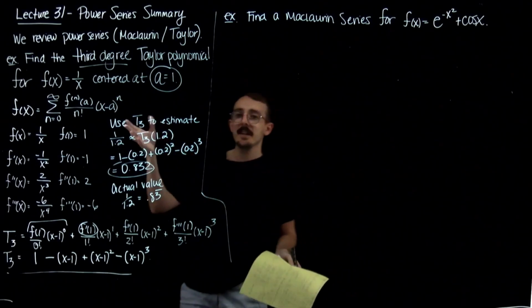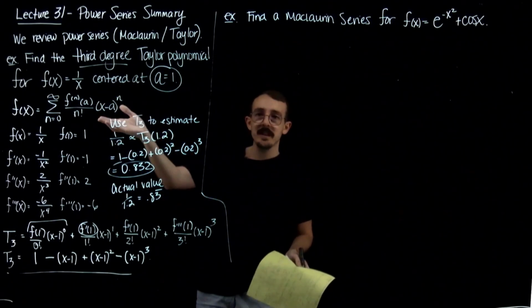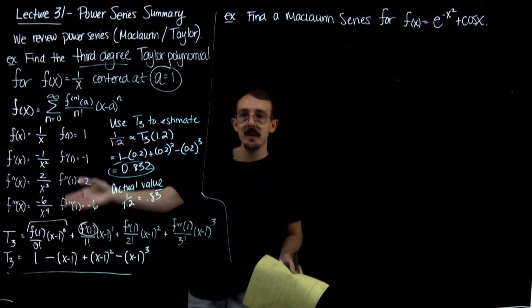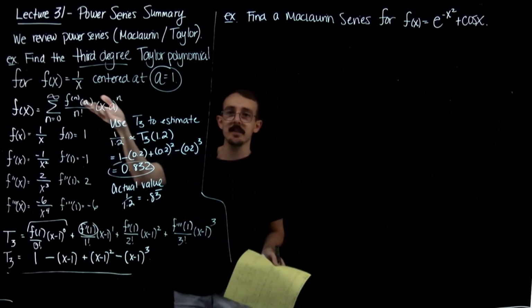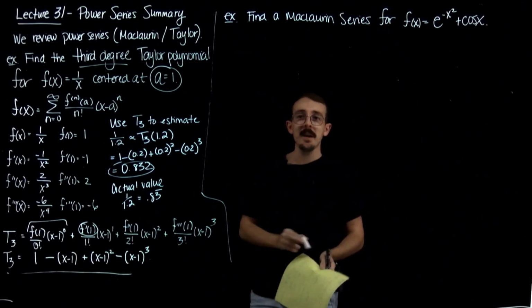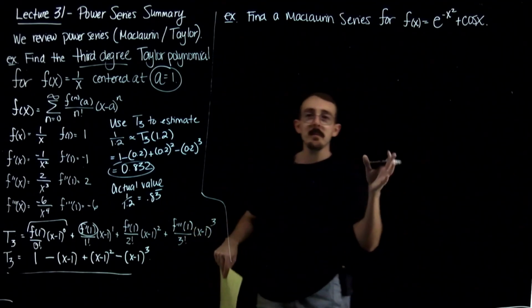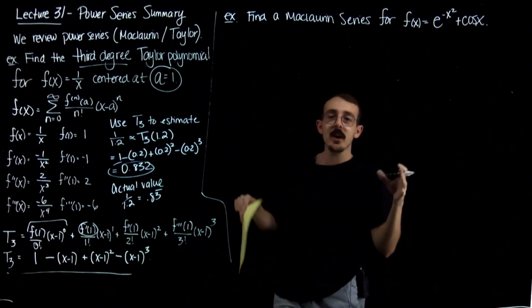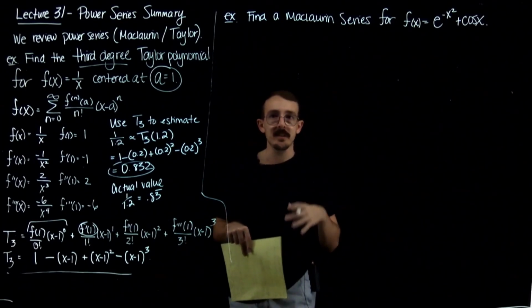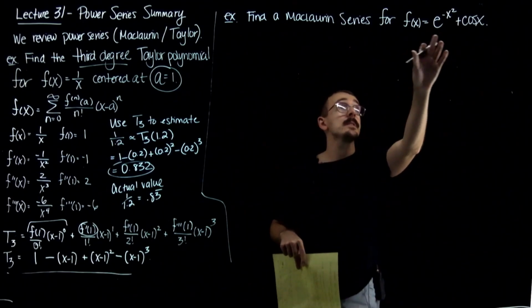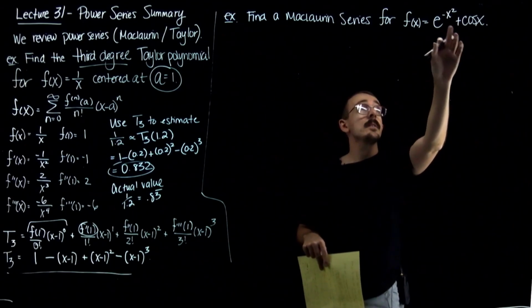So if it's a third degree or second degree Taylor polynomial, sometimes the best option is just to write out all the pieces of information and plug it directly into the Taylor series formula. My last example is a reminder that you can build Maclaurin series by taking a composition of known Maclaurin series. So we're going to find a Maclaurin series for f of x equals e to the negative x squared plus